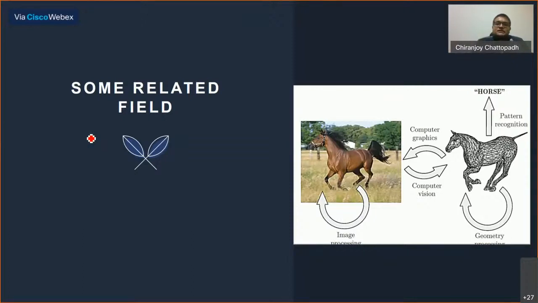Here, given an image containing a horse, a computer vision task, and I'm emphasizing this term, a computer vision task, because this is not the only task that computer vision does. Computer vision does a lot of other things also. In this particular example, one such task is to extract the prominent object present in the scene,